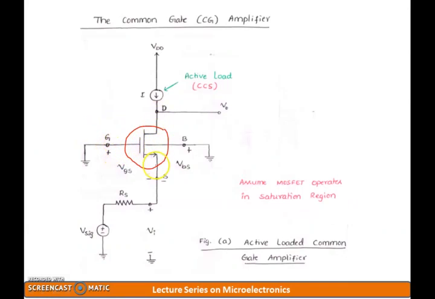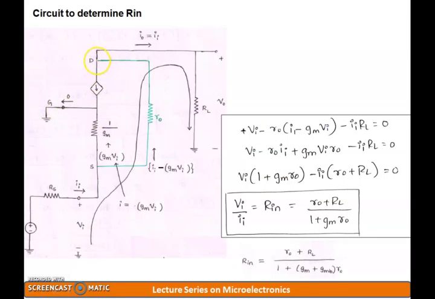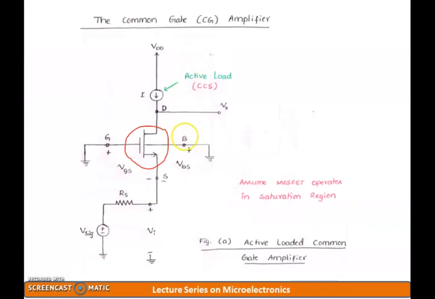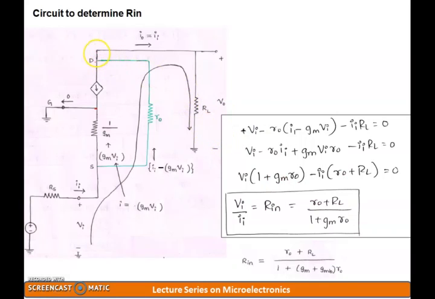So I have a gate, drain, source. Between drain and this particular point, I have a current flowing, gm times VGS, and this resistance is named 1 over gm. And since I am considering the channel length modulation effect or body effect, small ro also will come into the picture. Now I have considered the load resistance at the drain end, so RL is here, across which I'll be taking the output voltage.